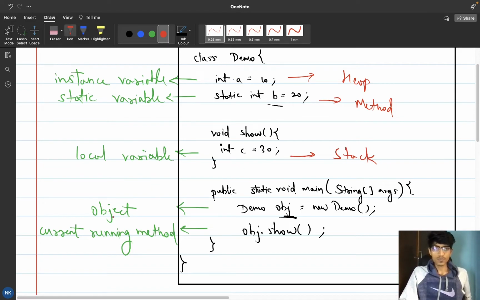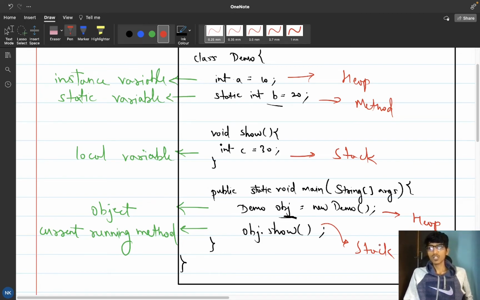And when it comes to an object, again we know that it is stored in our heap area. When it comes to the current running methods, we know that they are stored in stack memory or the stack area. So this is the basic idea I wanted to share with you, so you guys remember this.